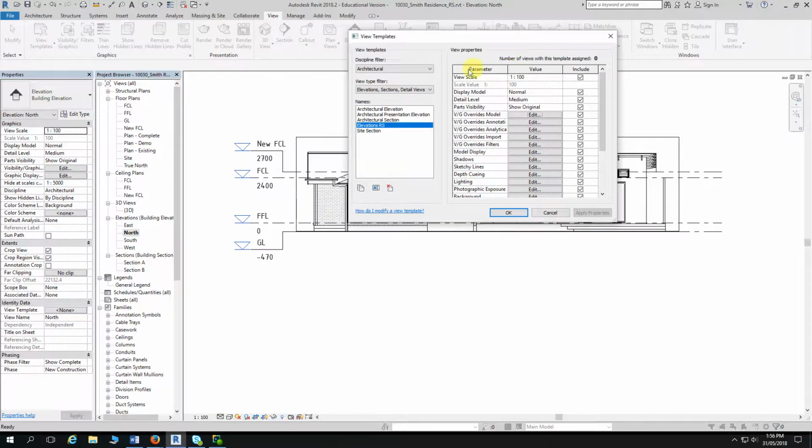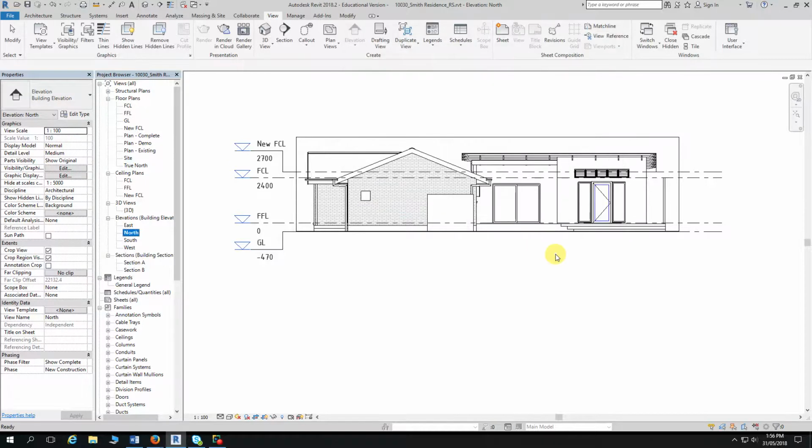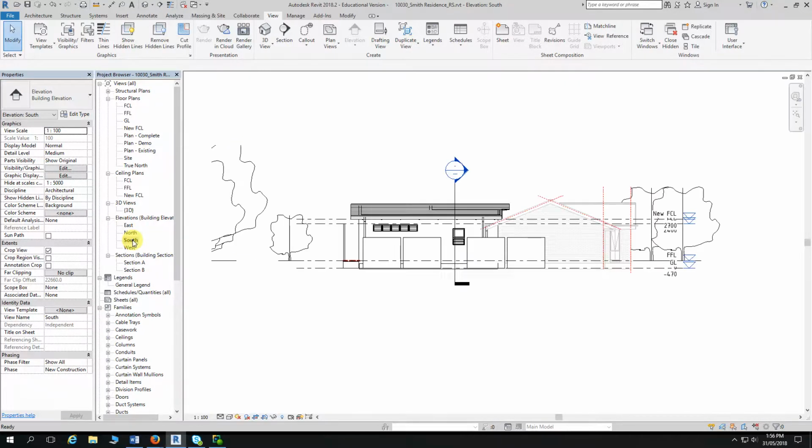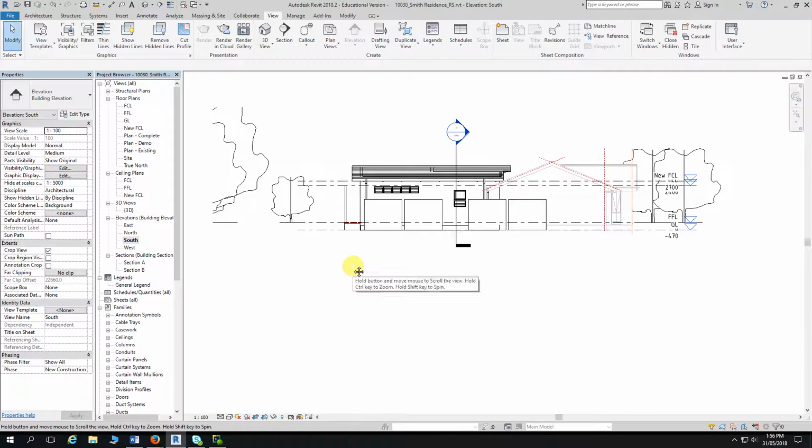So that's really all we need to do. We've now got our view template, so we can close this dialog. Nothing's going to happen to our current view because all of these settings have already been changed here. But if we open up the south elevation, for instance,